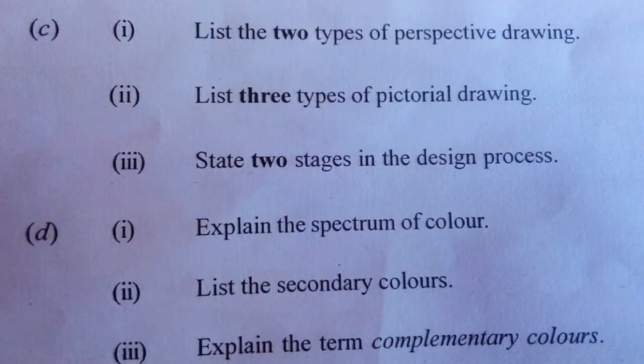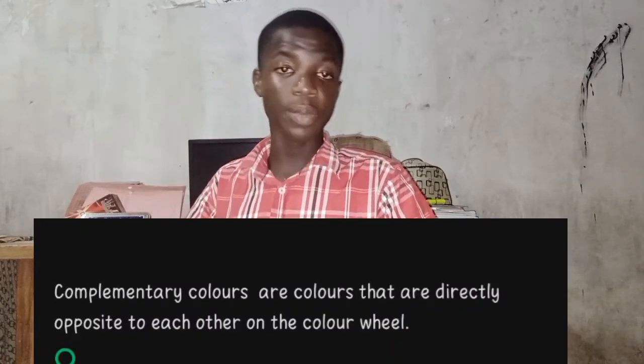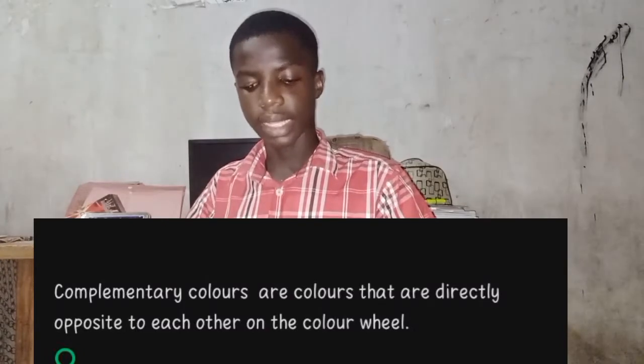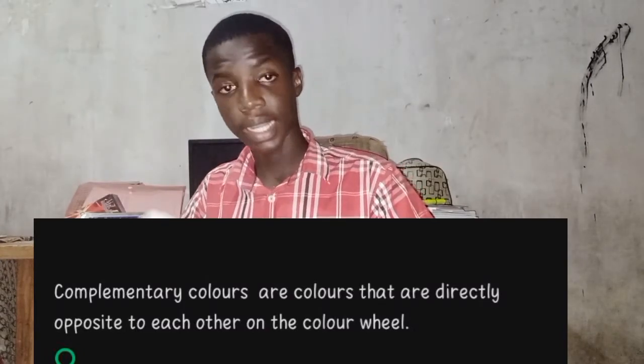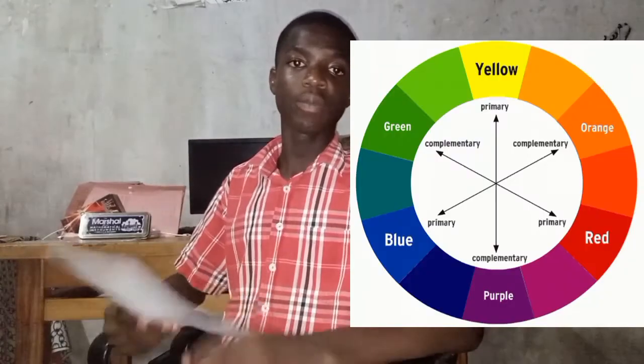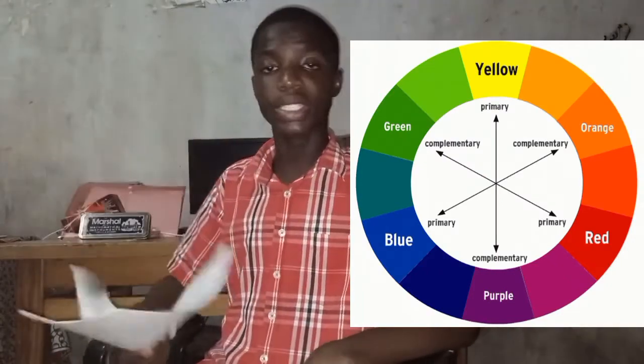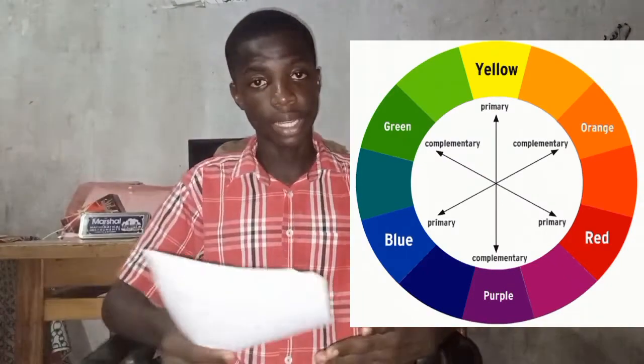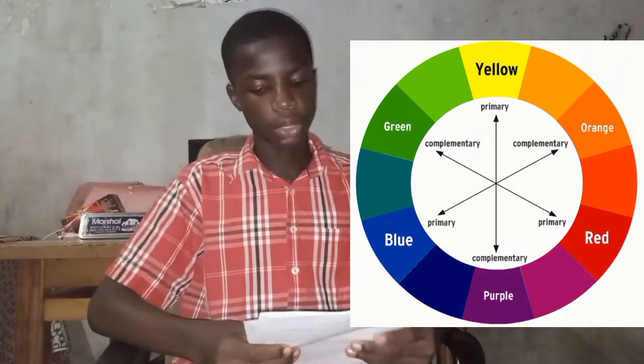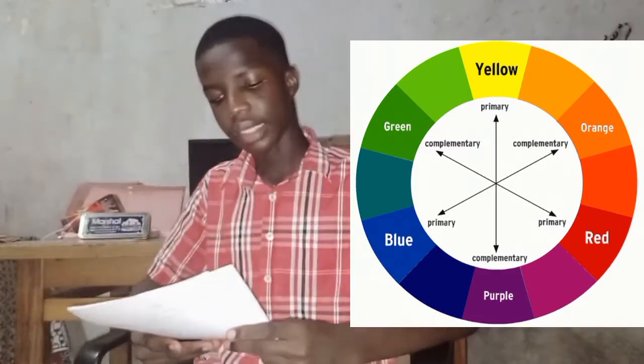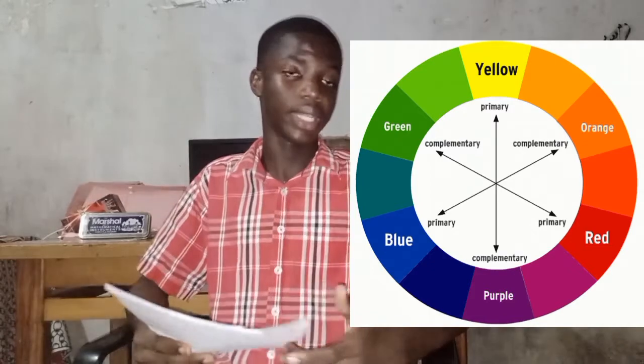the head. 1DII. Explain the term complementary colors. It's kind of complicated, right? Complementary colors. Okay. Complementary colors are colors that are directly opposite to each other on the color wheel. So you have a color wheel over here. The colors that are directly opposite to each other are complementary colors. We have over here. So complementary colors are colors that are directly opposite to each other on the color